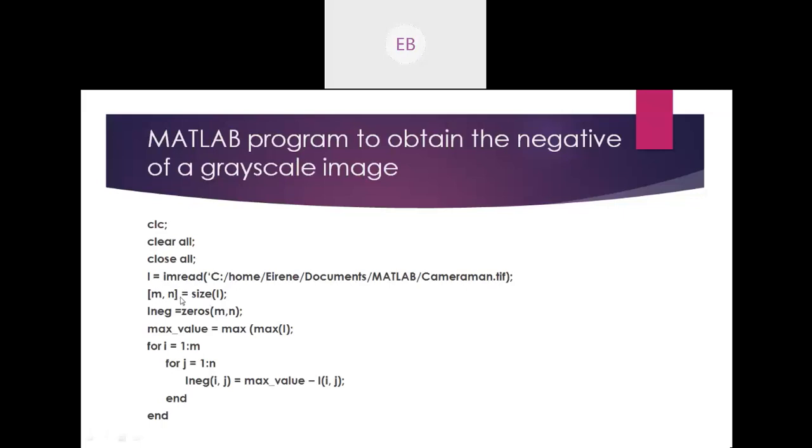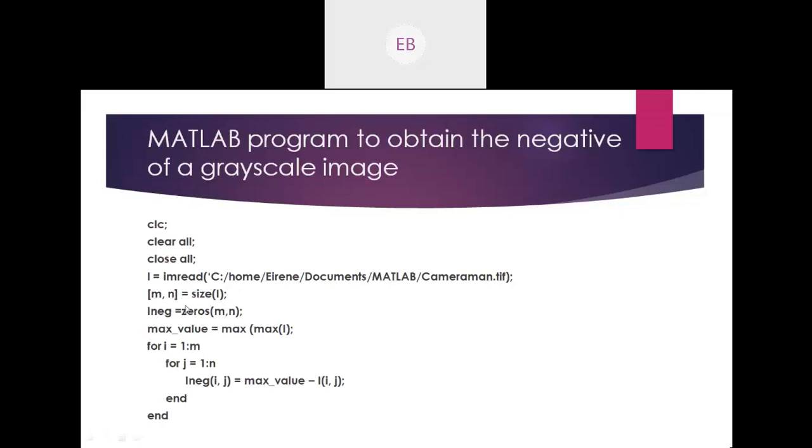Okay, so image means what? The system will define the image in the form of a matrix. So suppose it is defining a 2D image. Here m is the row and n is the column.